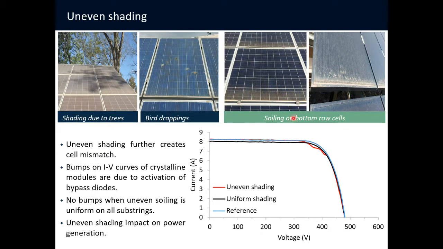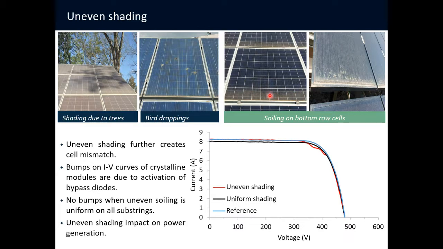Uneven shading actually causes bumps in the IV curves of modules, as shown in this IV curve, the red one. It indicates that the shaded substrings have their bypass diodes, which are across them, activated due to mismatch. So again, when soiling is uniformly shading the bottom rows